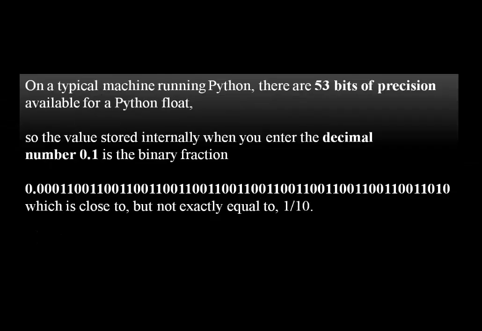Now you take the case of Python. We are bothered about Python. In Python, there are 53 bits of precision available. Now what do you mean by 53 bits of precision? You know, any floating point number, if it's a very large number or if it's a very small number, is represented in the exponent form. There is an e added. So even if it's a very large number or a very small number, it is represented in the exponent form.